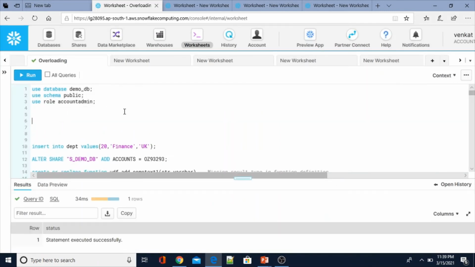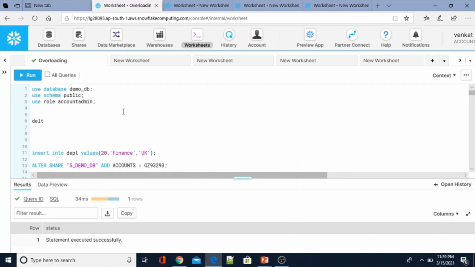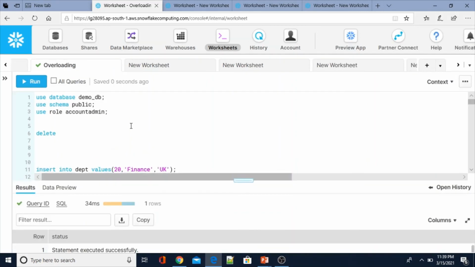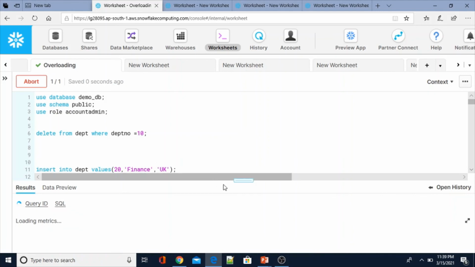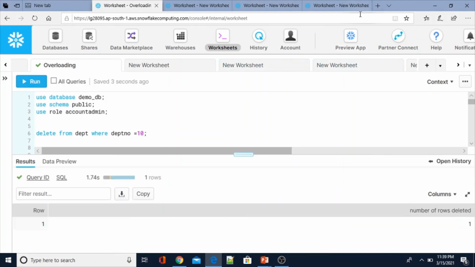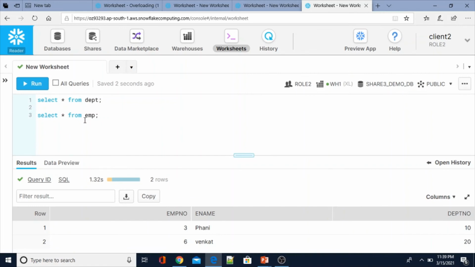Now let me delete from table DEPT where DEPT number equal to 10. Now go to consumer client 2 and execute the select statement again. Here see, immediately you can see only one record, because from the source database we have already deleted that row.